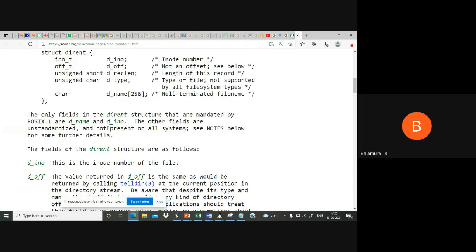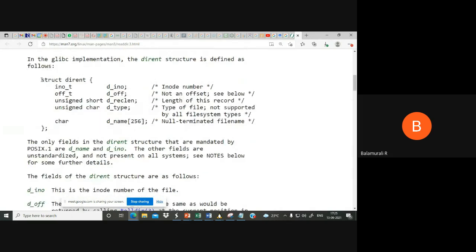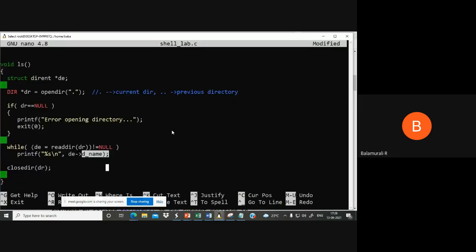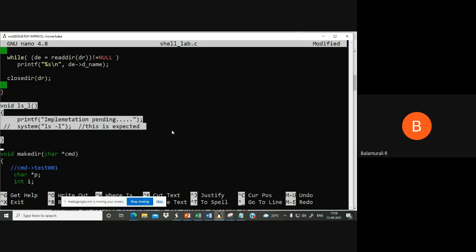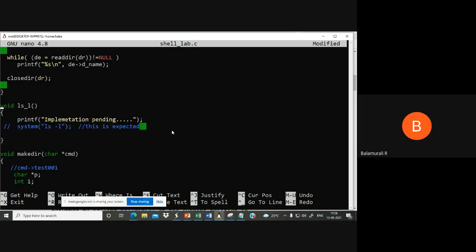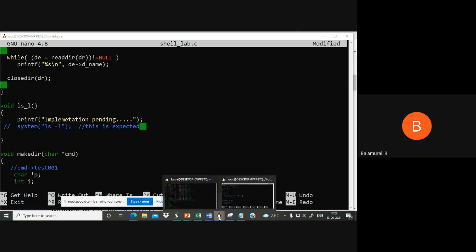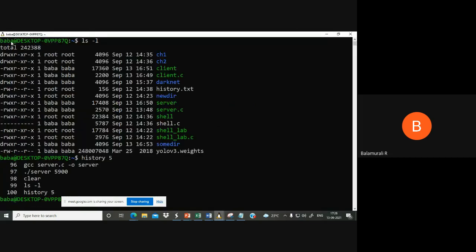especially for ls -l. But for ls, ls will give only the directory name or the file name, so we are using only d_name. Okay, now ls -l, I'm not implementing, so you have to implement it. Okay, actually ls -l is challenging. You may have to refer to so many things to implement ls -l, because when you implement it, see here, you can see when I give ls -l, I'll give one more time ls, or say